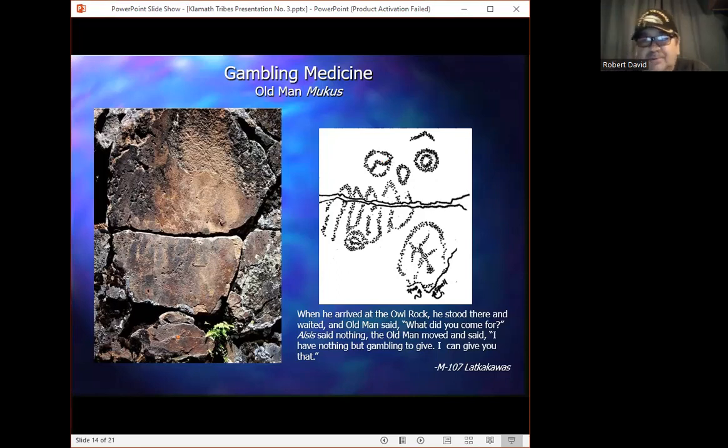Or in gambling terms, the ability to discover secrets. Well, I propose that the zigzag in this owl's eye represents the lightning spirit, and that it was placed here to provide an enhancement to the owl's already extraordinary vision. Or to put it differently, here the owl spirit not only possesses its own already amazing supernatural vision, but it also has the assistance of the lightning spirit, to help enhance it even more.